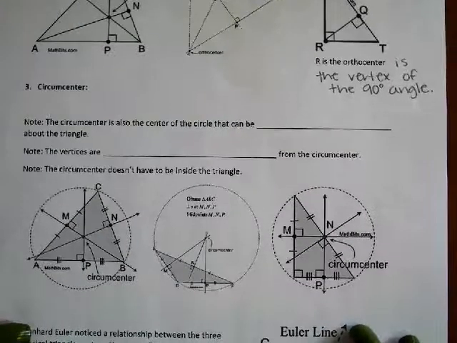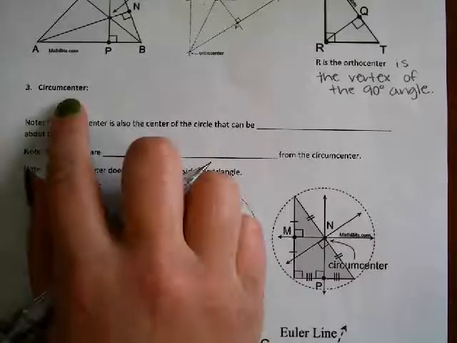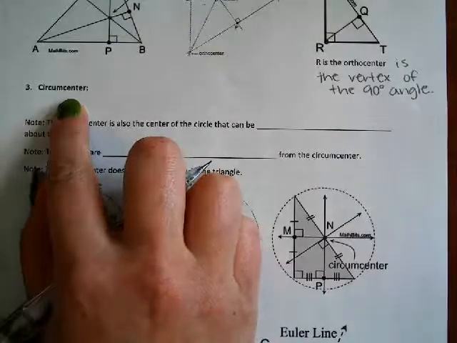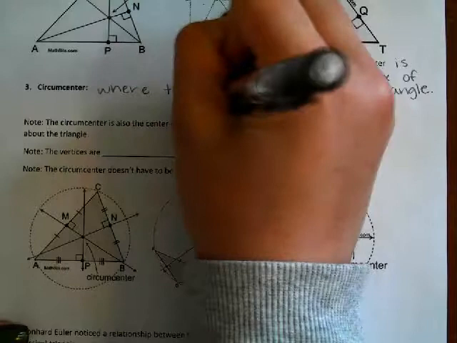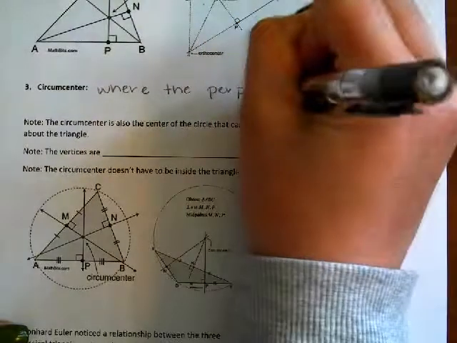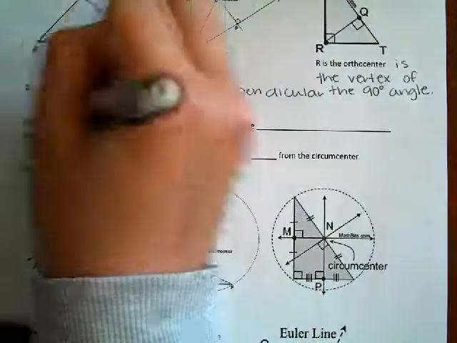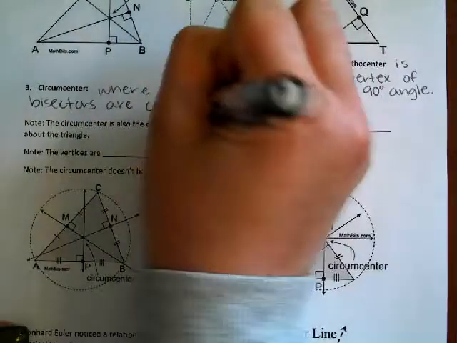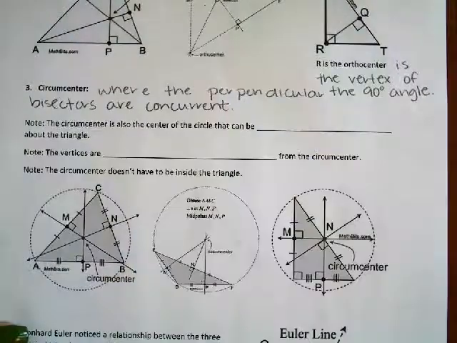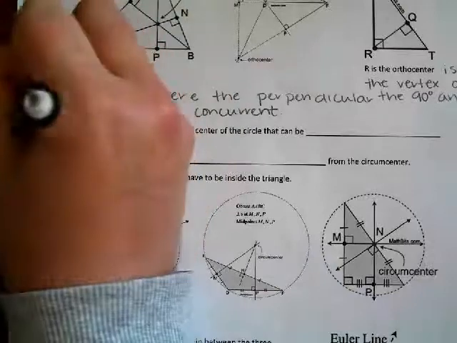All right, the next two centers we're going to talk about for our triangle points of concurrency are the circumcenter and the incenter. So the circumcenter is where the perpendicular bisectors are concurrent. And so a perpendicular bisector is a line,